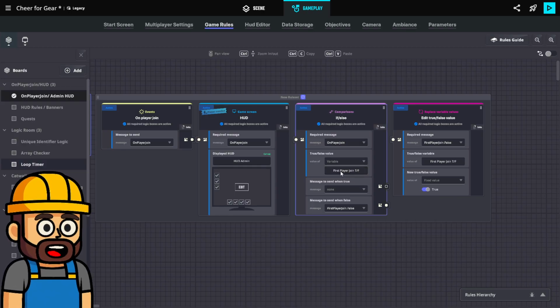It's going to check this global true false variable, and while it's false, it'll send first player join. And then it'll never be able to send it again, because this will be true from now on after the first player joins. So we can use this message, first player join.false.